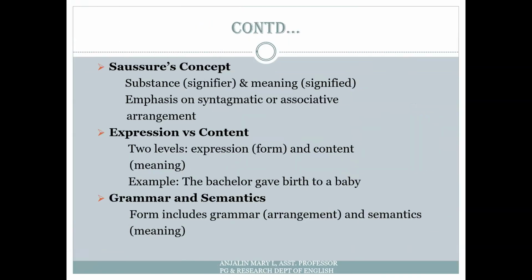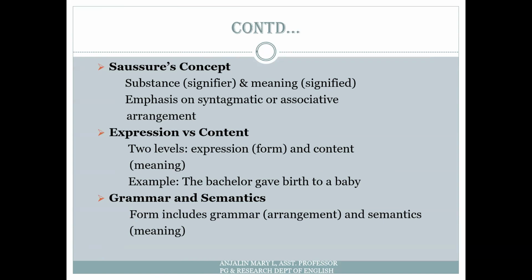Moving on to the next, let's have a small recap about Saussure's concept of sign, signifier, and signified, which we saw in the nature of the linguistic sign. We studied that the sign is the composite of two parts, which are signifier and signified. The signifier is the actual word and the signified is the mental concept. Here Saussure's concept is compared to form and substance. Substance and form are two parts of the quality of language. Substance, which is the mere sound or word, is only the signifier in Saussure's terms.